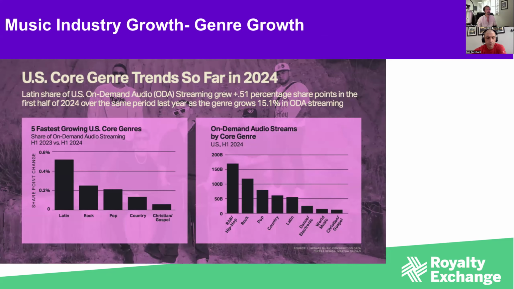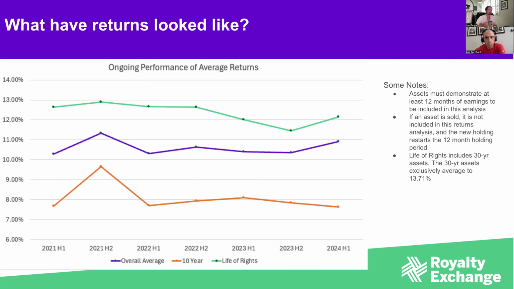The first one on our returns, yeah, that is basically everything that's purchased on our marketplace. It doesn't take into account what the multiple was paid or what the dollar age of the asset was at the time of purchase, and those have some pretty significant impacts on the returns, obviously. But this is just lumping everything that's transacted on the marketplace, all time, I guess. Yep. Excluding things that are sold, in which case that would start a new 12-year clock.